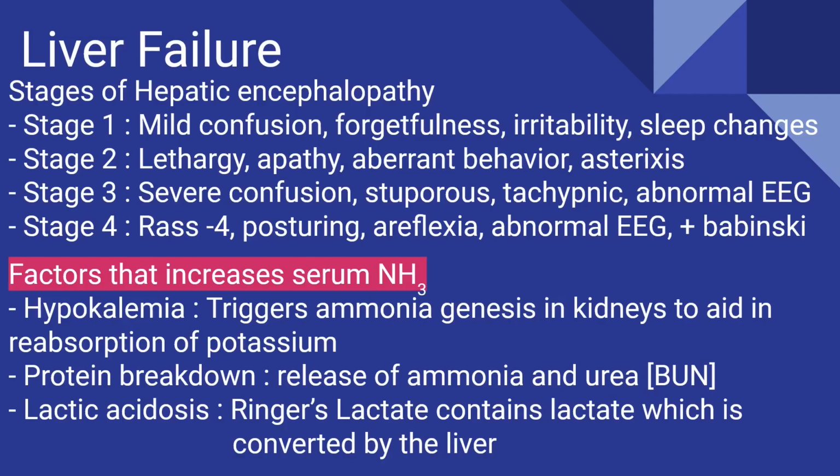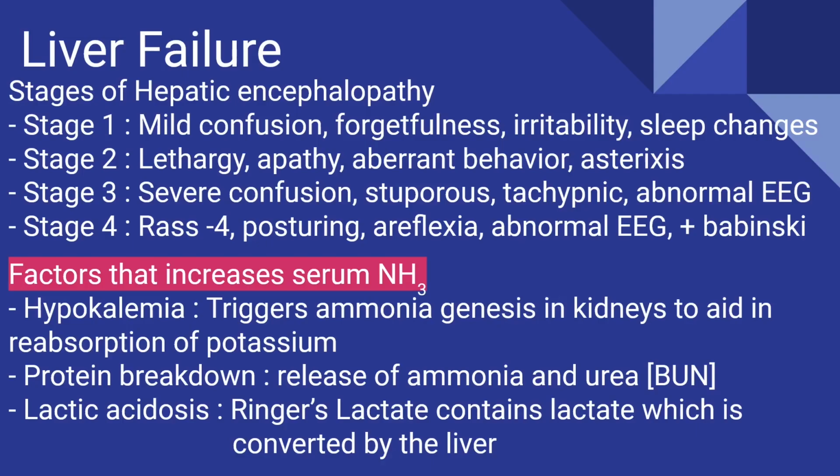One of them is hypokalemia. So anytime potassium is low, it's going to trigger ammonia to be created within the kidney to help reabsorb that potassium. So what ends up happening is the kidney produces ammonia to then trade with potassium so that potassium is not lost in the urine. Anytime we have a high protein breakdown, right? We talked about that with blood. And anytime we're in a state of lactic acidosis,